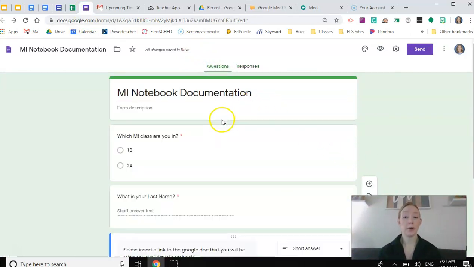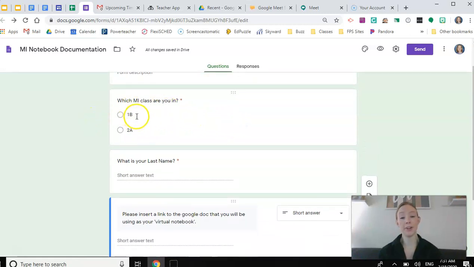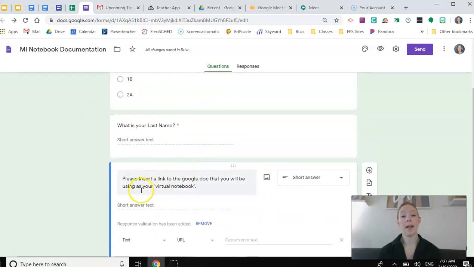I want you to put what class you're in, your last name, and then submit a link to a Google document. That Google document is basically going to be your virtual notebook. If you did pick up your notebook or you really like to do it on paper, that's totally fine. You can do it on paper, but then I just ask that you take screenshots and upload them to the Google document, just so that I can see that you are on track.